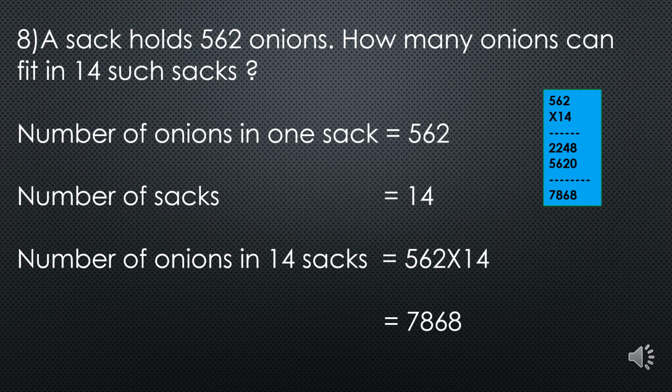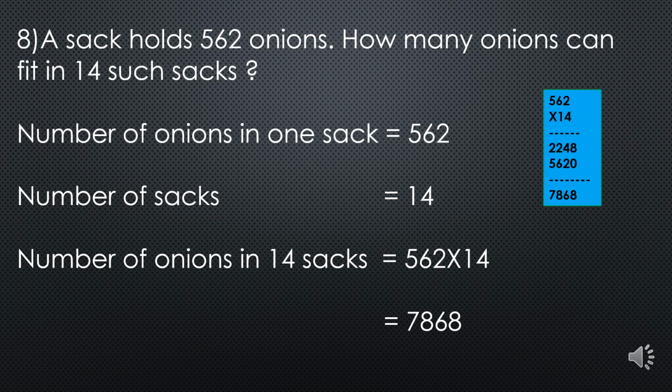For that, we want to multiply 562 by 4 first. So when you are multiplying by 4, we can multiply the unit digit number first. 4 2s are 8. 4 6s are 24. We write 4 only there. Carry 2 we write on top of the next digit. Then we want to multiply 5 4s, 20. 20 plus the carry 2, 22. So when you multiply 562 by 4 we get 2248. Next we want to multiply 562 by 10.